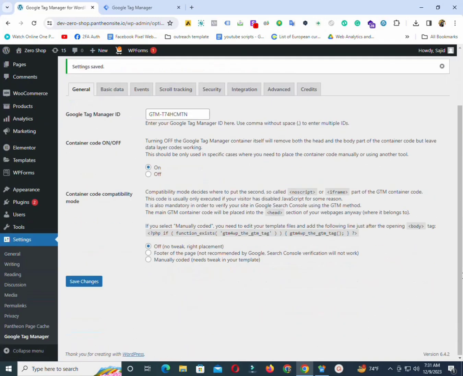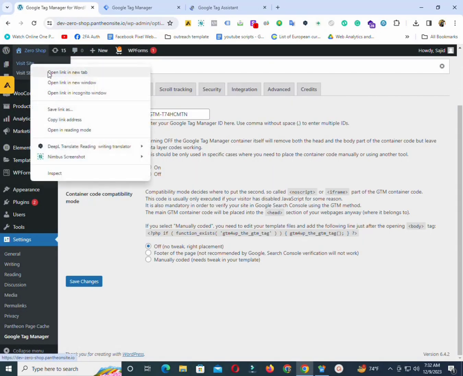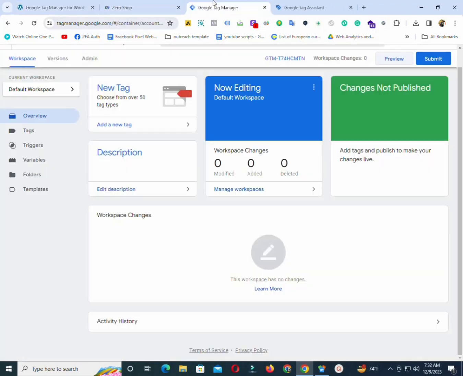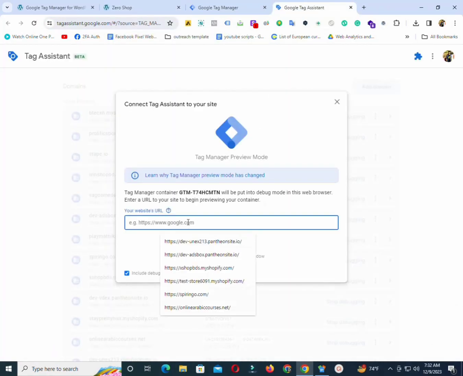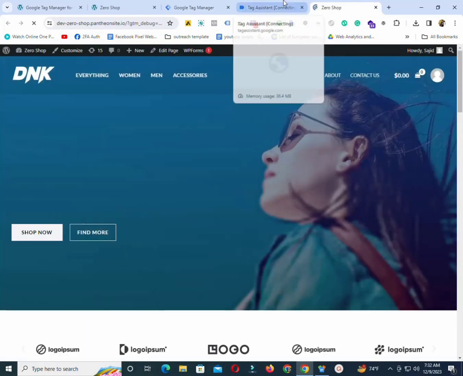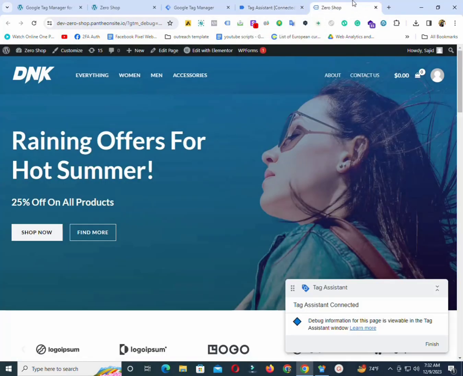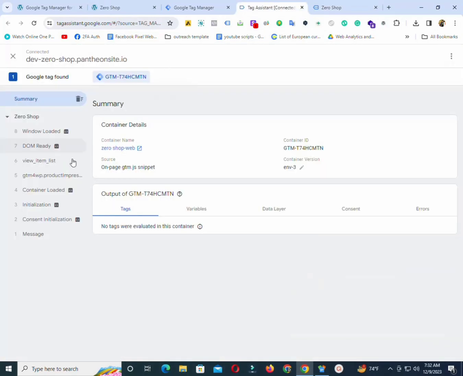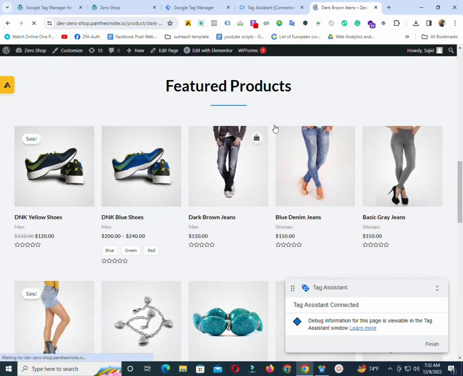So I already added the data layer to the website. Now I have to check it from Tag Manager. Just go to the preview option. After connecting the website, I can see here the view item list, and if I go to any specific product page,